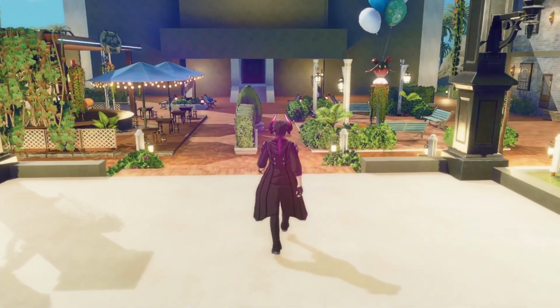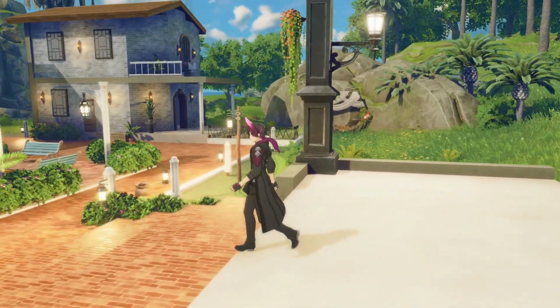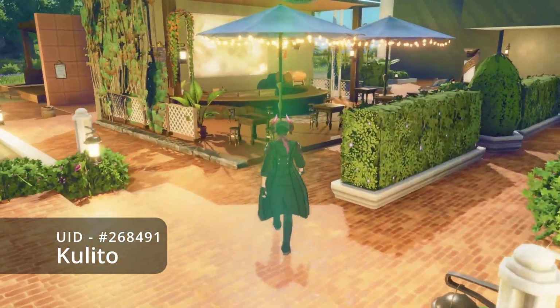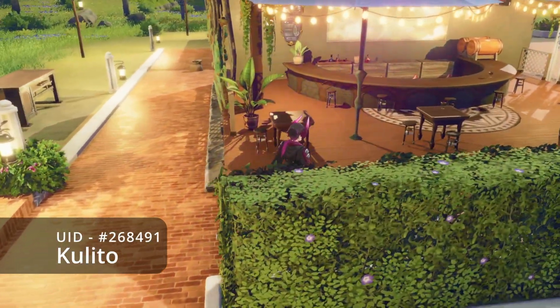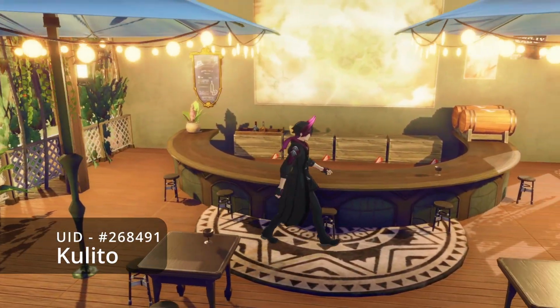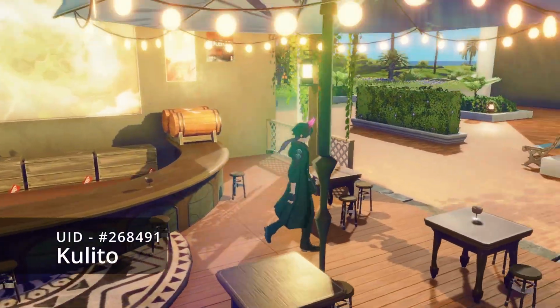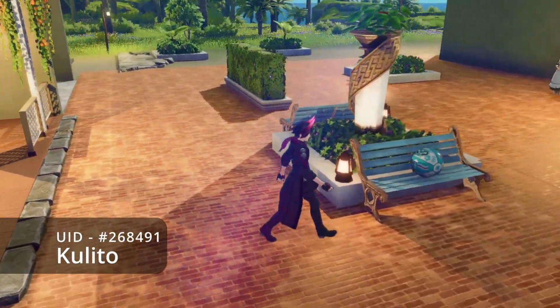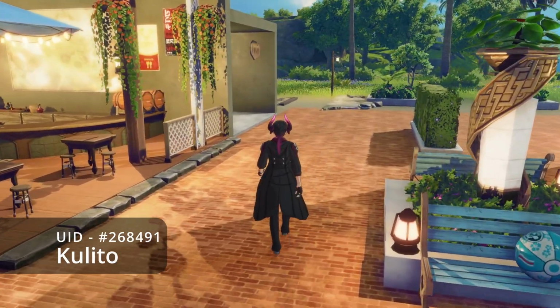Okay, so next up is Kulito's place. This place is kind of more of a modern style courtyard area, is really the only way I would say it. It's kind of like an outdoor, almost restaurant kind of vibey. And this will make a whole lot more sense once the inside is shown, but there's a ton of space